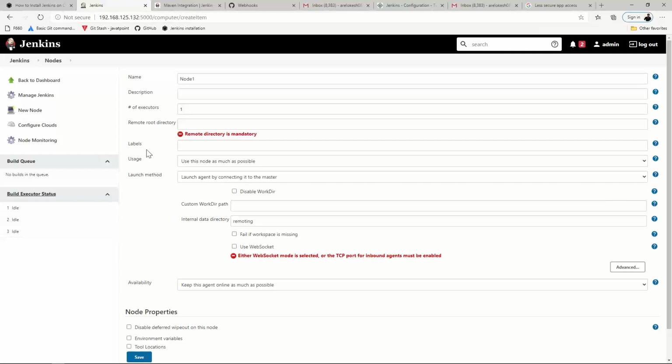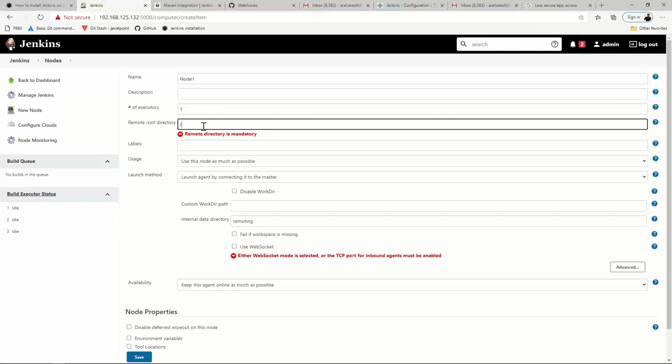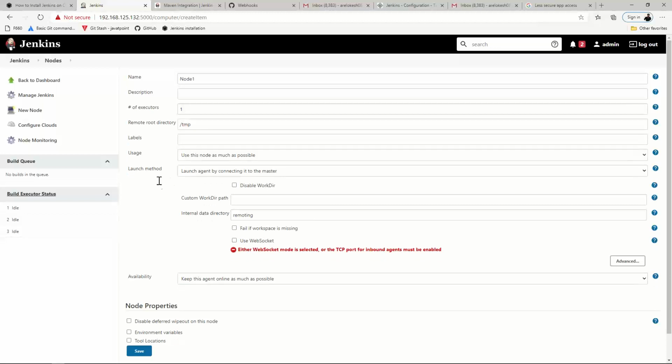Give over there a remote root directory, /tmp. No, not root. Just give /tmp. That's it. TMP. Yeah. That's asking for the directory where it has to be saved.